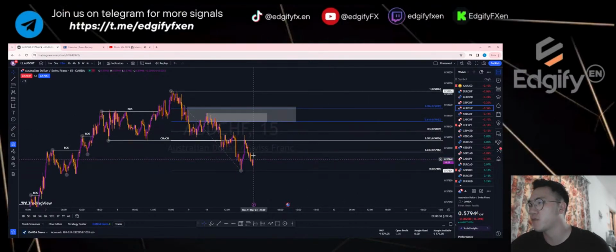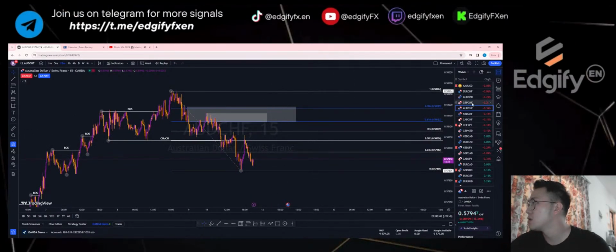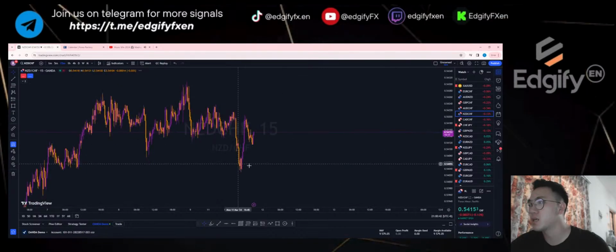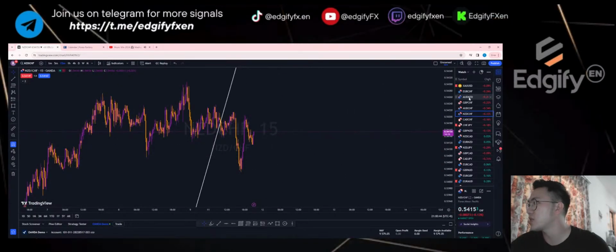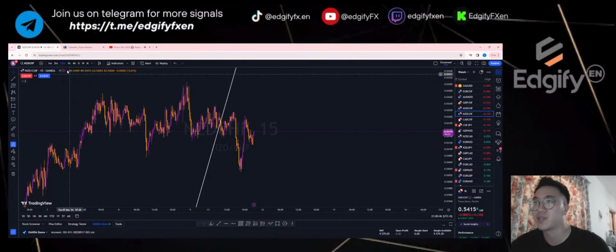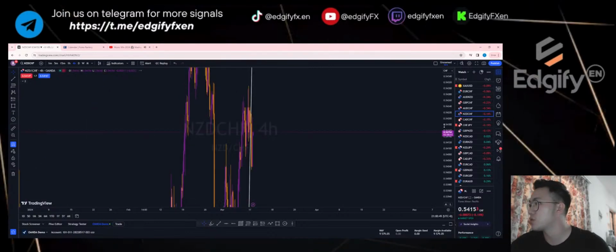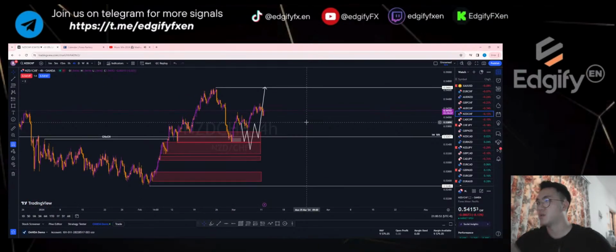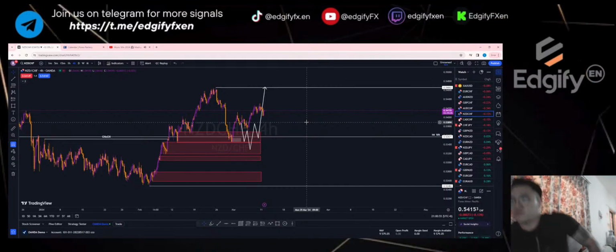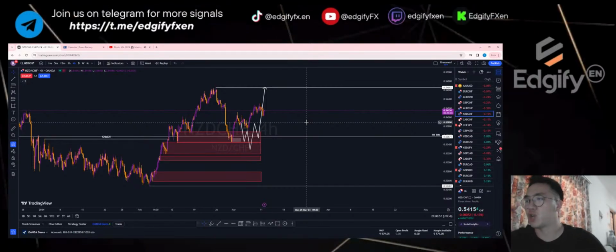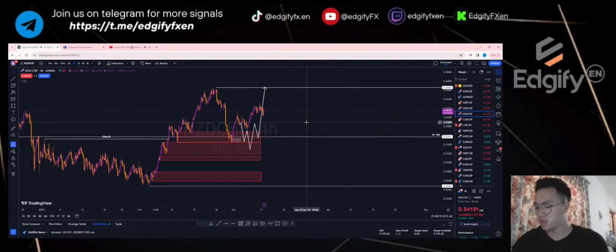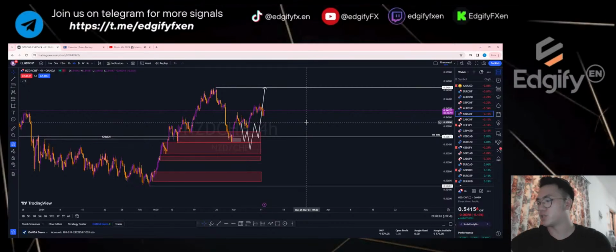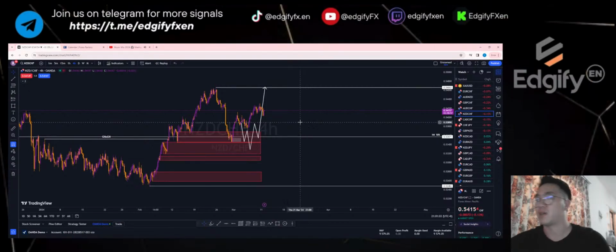So AUD CHF, I'll be looking for shorts as well. NZD CHF. You guys can actually take a screenshot of the pairs that I've analyzed. Then you can also look back on why I marked it out at that specific level. You will understand if you actually join my live often, then you will know why I did my zone at that level.